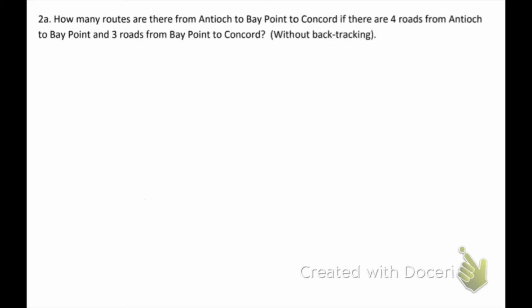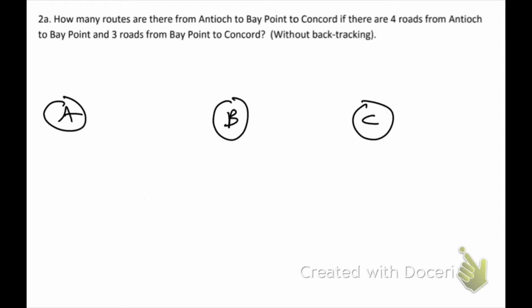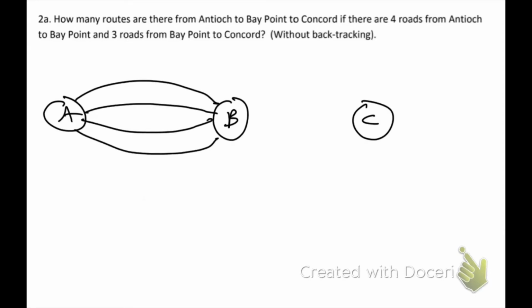So I'm going from Antioch to Bay Point to Concord. It says there are 4 roads from Antioch to Bay Point. There are 3 roads from Bay Point to Concord. Now, I can count each of the roads, and I can go, there's 1,